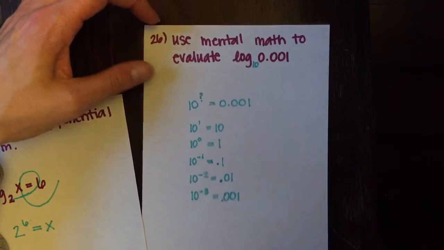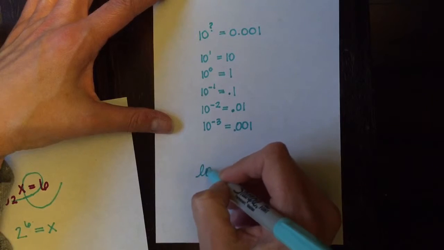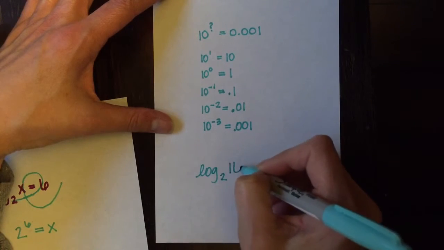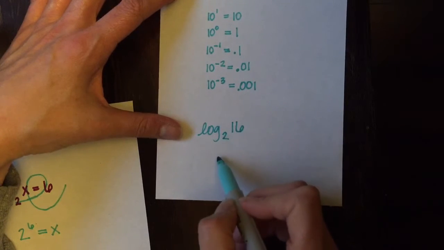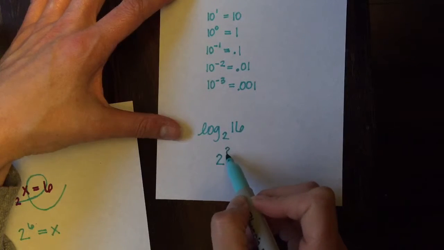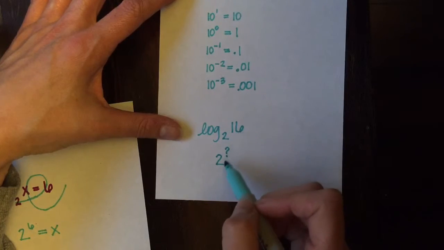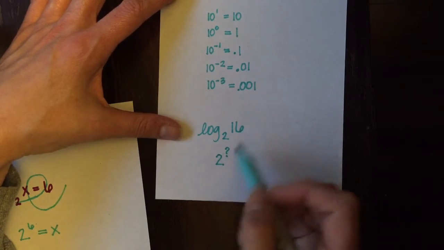That one's a little bit tough to do with mental math. Let's see if we can just do one. What if we have log base 2 of 16? So we do 2, log means power. 2 to what power is 16? So you just have to start counting by 2's to yourself. 2 squared is 4, multiplied by 2 again, so 2 to the 3rd is 8, multiplied by 2 again is 16. So 2 to the 4th